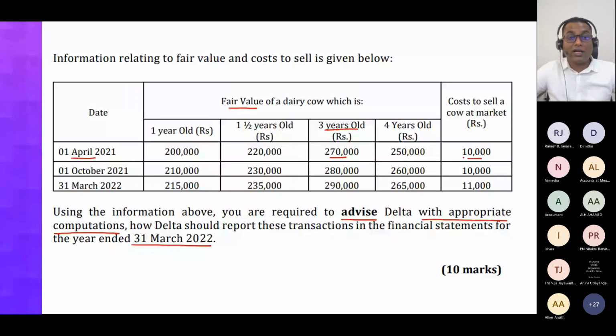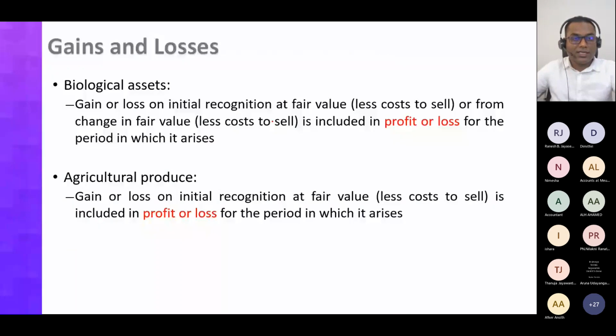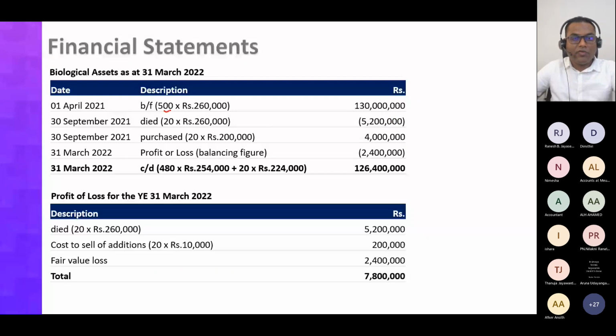So you have how many cows? 500 cows. Then I can say that this is the brought forward value: 500 cows, fair value less cost to sell 270,000 minus 10,000, 260,000. What is the value? 130 million. 130 million. Is that clear? Right. Then as per the question,